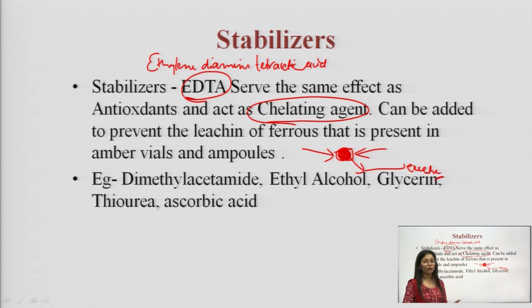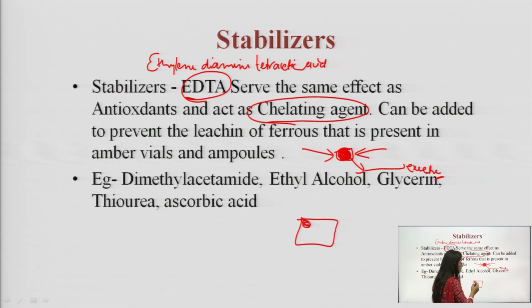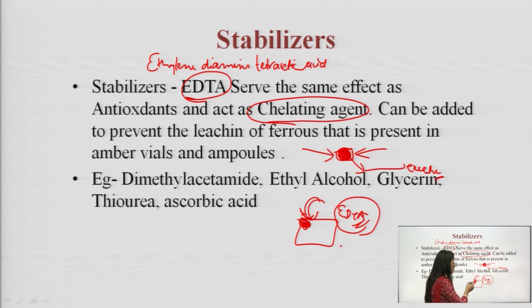What does a chelating agent do? Obviously, as I told you, if you have a lot of iron content in your body, and that iron content inside the body is in excess of the normal amount, what are we going to do? You are going to give a medication, for example Deferasirox, which is used in thalassemia, for example. So what does EDTA or any kind of chelating agent do? It basically chelates or combines with that particular excess moiety and it is excreted out.